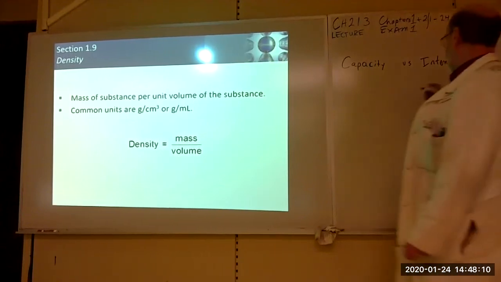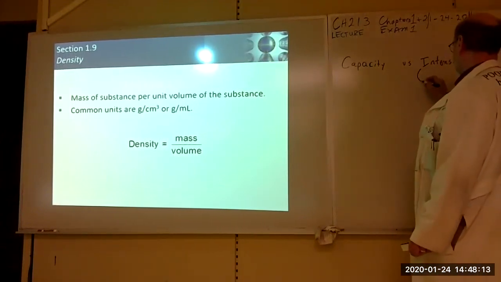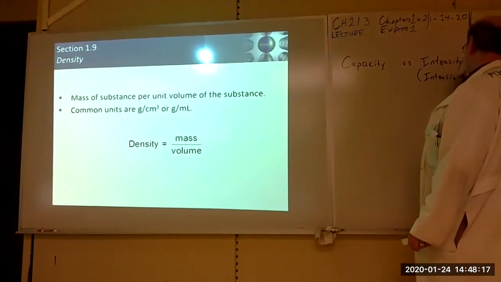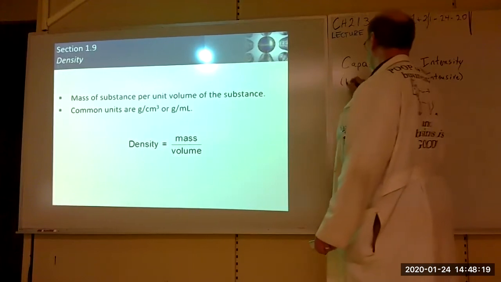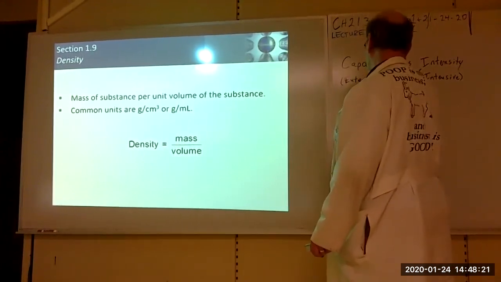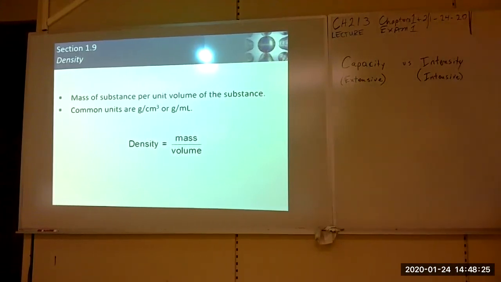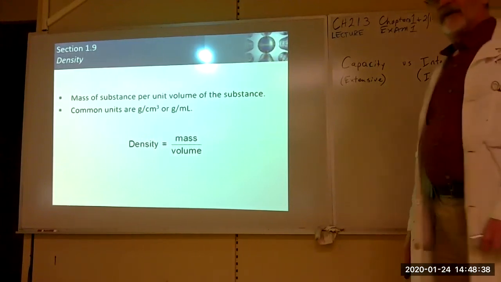Some books will call this intensive versus extensive. I like capacity intensity better. The difference being that a measurement of intensity is the same no matter how much of the stuff you have. Right? So if you have, I don't know,